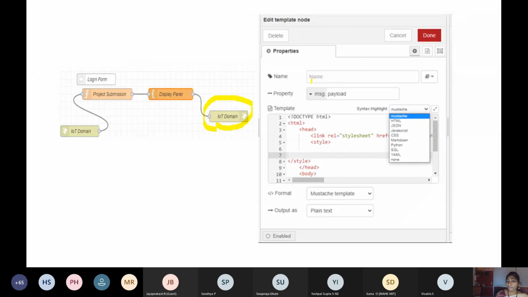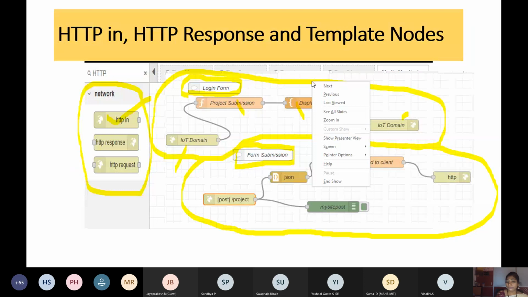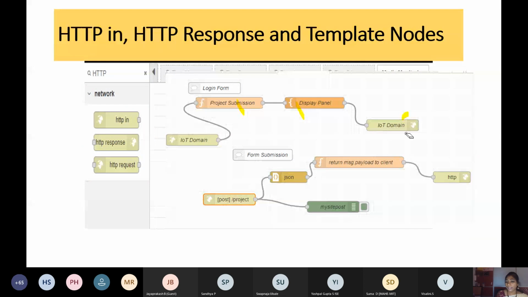In the login form, we have a few important components like the HTTP in node. This is my HTTP in node. In the HTTP in node, you would have given the URL address. This is your function node. In the function node, you would have given msg.url equal to double quotes, and inside it, the project word. Then we have a template node.